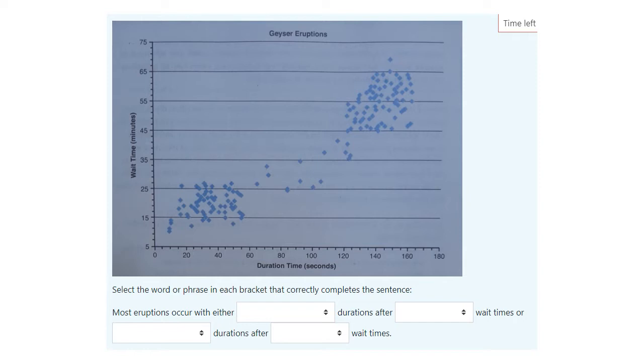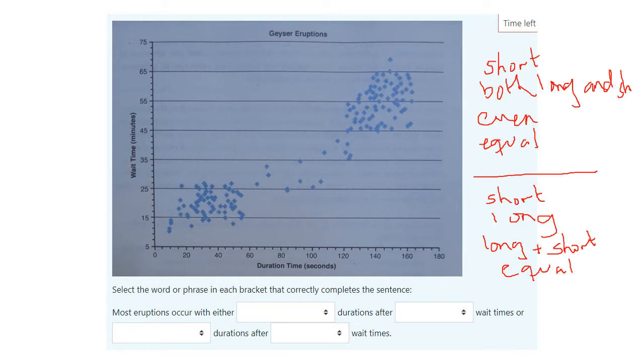Number 2. Select the word or phrase in each bracket that correctly completes the sentence. So it's important when we see a graph to look at the title. This is the geyser eruptions. Eruptions might be an earthquake. We can see the duration time and we can see the waiting time. And for the first 2 options, the first drop-down menu had short, both long and short, even and equal, and the second drop-down menu had short, long, long and short, and equal. So most eruptions occur